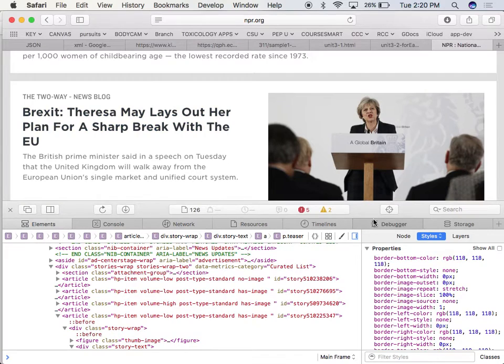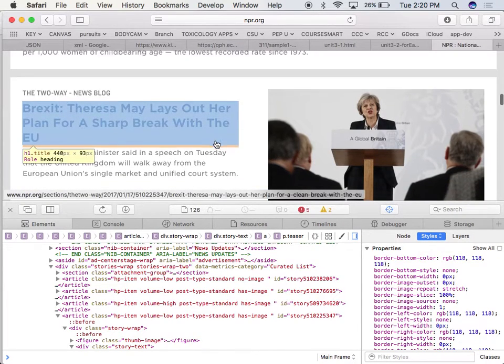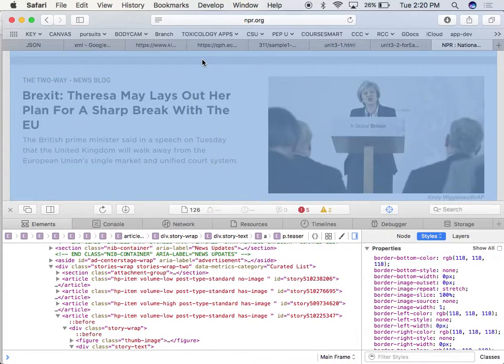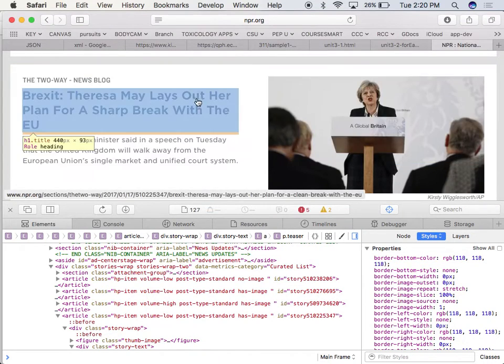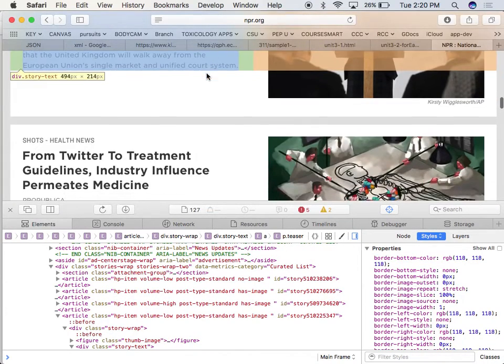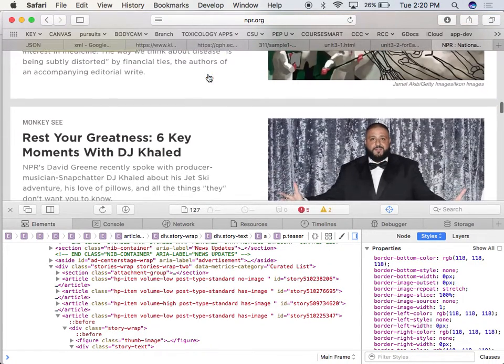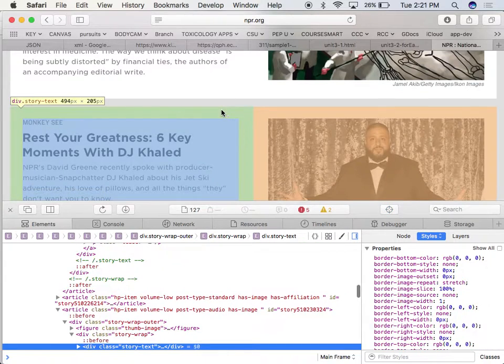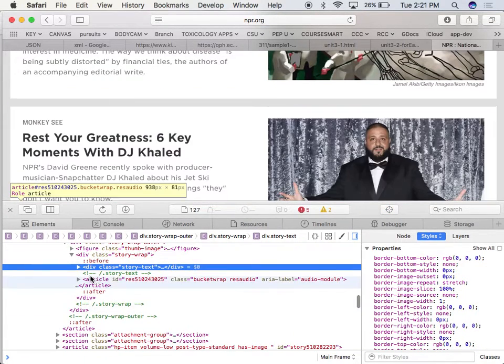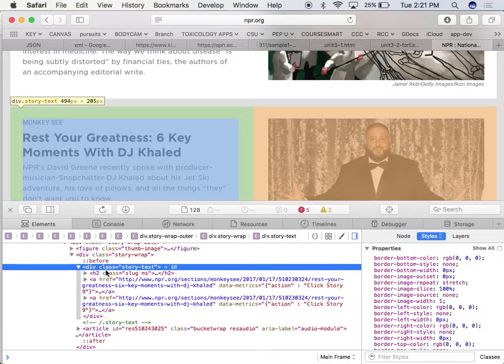So as I move through this page, this is a big block that's happening here. You see this big block? And the web page is kind of painting the latest data to this block. And that's good. And as I select that, you realize that it has a div. And that